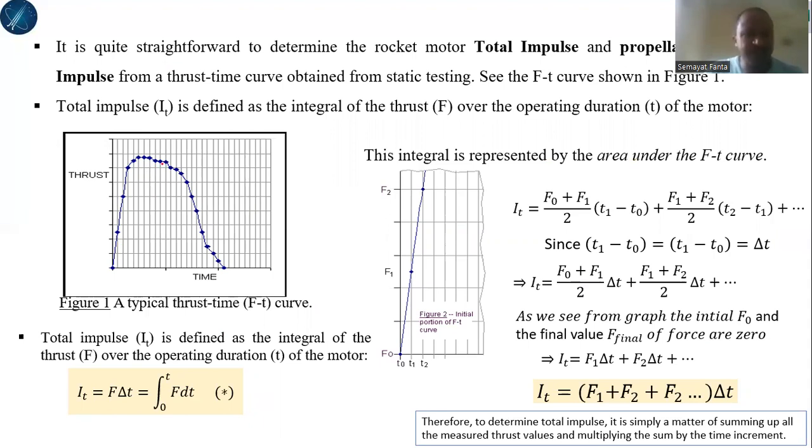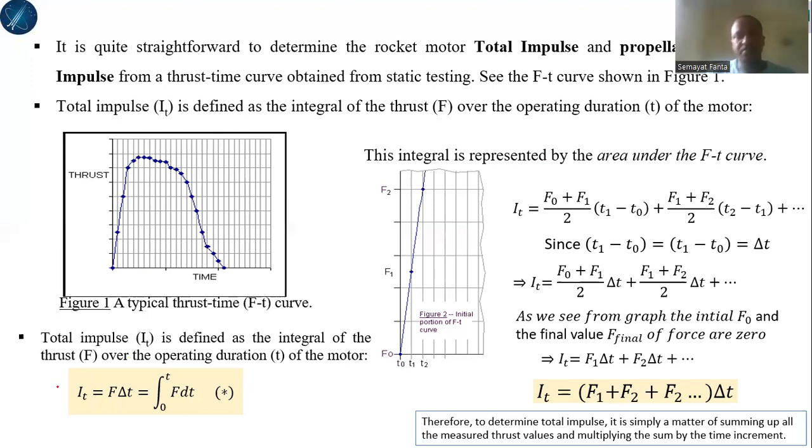As I told you, the thrust time curve depends on propellant types, propellant shape, and propellant internal slots like star shape or fully cylindrical, and whether it is progressive, regressive, or neutral burning. So propellant burning is one of the parameters for the thrust time curve. So this is the thrust time curve. From this we can easily get the